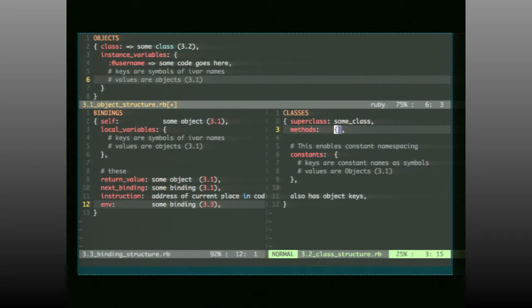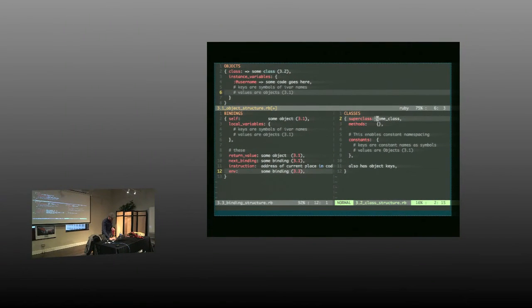You would want that to be generally available on every object so that if you don't define it, you have one by default. And the way that a class enables that kind of behavior is through this one right here, the superclass. So an object plus a class's methods and superclass are like the core of how things work.